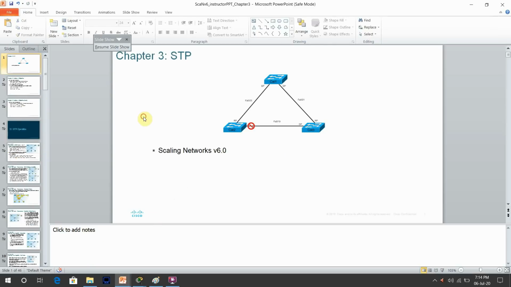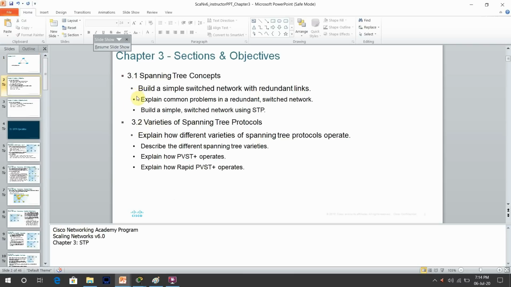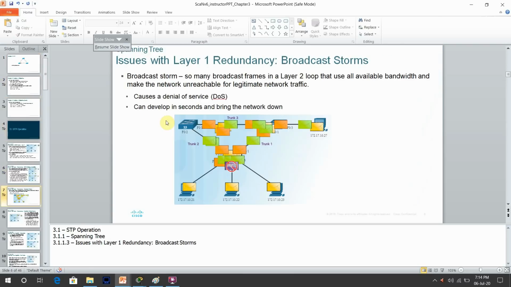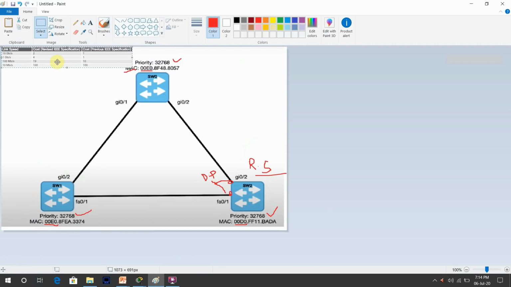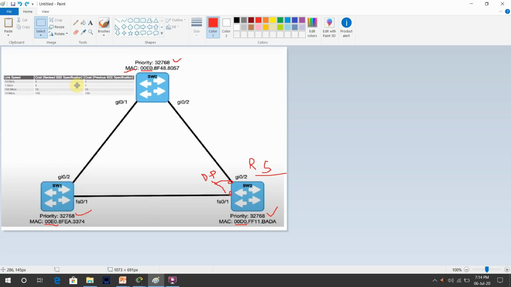where is it, yeah, just let me show you. Yeah, this is the one. Let me copy it and paste it there, and it will help you out. Okay, see here. If you see the 10 gigabit link, sorry, Control Z, Control V. See, if the link is 1 gigabit, the cost will be 4.